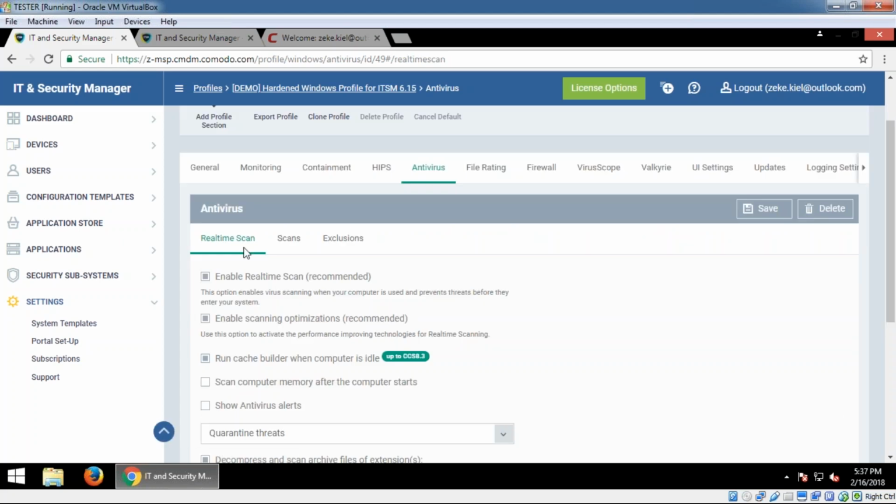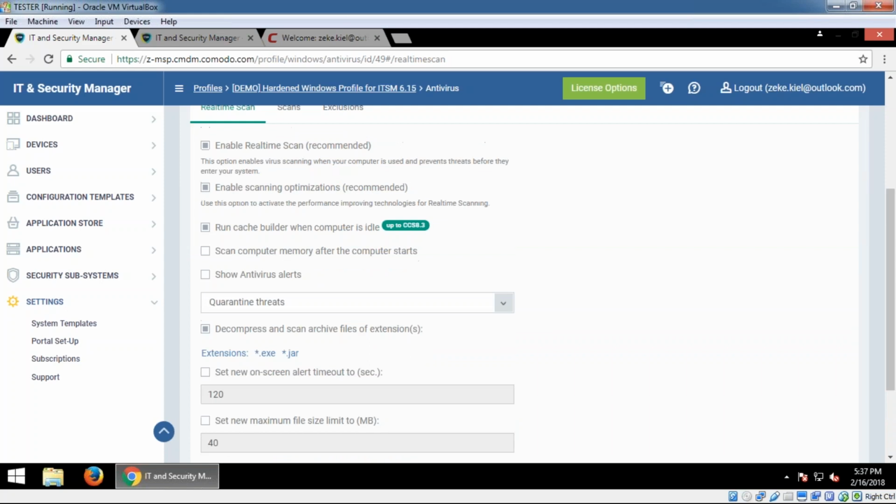So another thing is about the real-time scan. So if you don't want to give any alerts to your client, just make sure that this is disabled. If you enable this, this will give them a pop-up alert that will make them decide if they want to quarantine or block the threat. Okay, but some other admins prefer not to enable this, because it may just cause some panic from the end users,